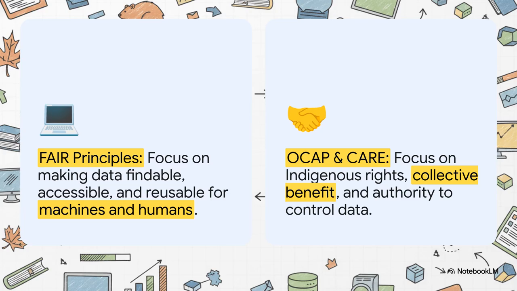You can think of it like this. FAIR is mostly about making data technically useful, but the OCAP principles, that's ownership, control, access, and possession, and the CARE principles, they're about people, purpose, and fundamental rights. They assert that Indigenous communities have jurisdiction over their own data. The mantra we're all adopting in Canada is to #BeFairAndCare, making sure that technical utility never, ever overrides our ethical responsibilities and the right to data sovereignty.